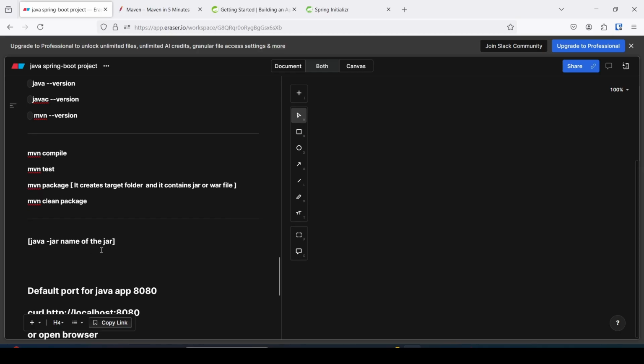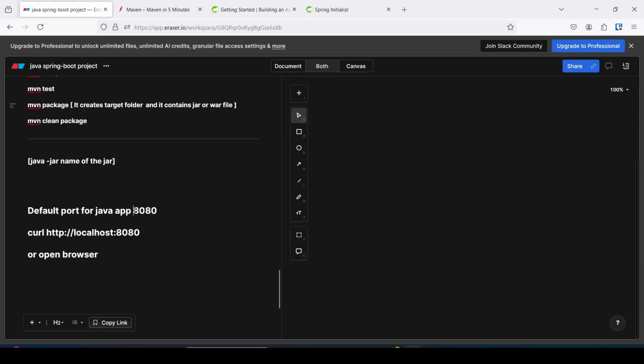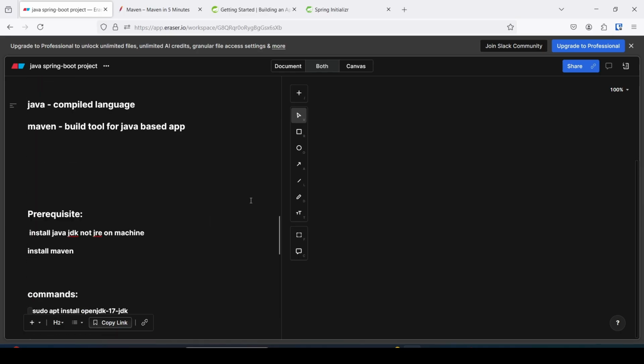To run the Java jar, the default port of Java is 8080, to check the local status. And this is the